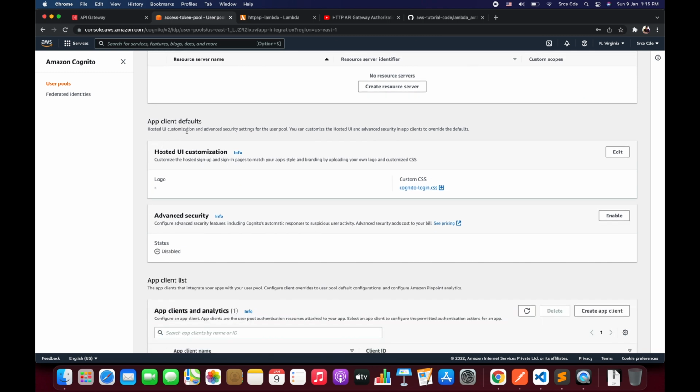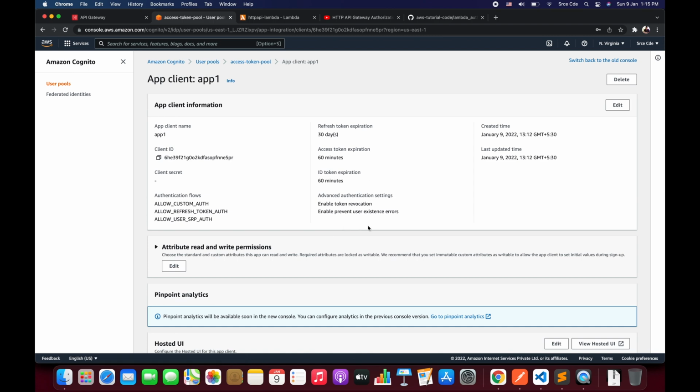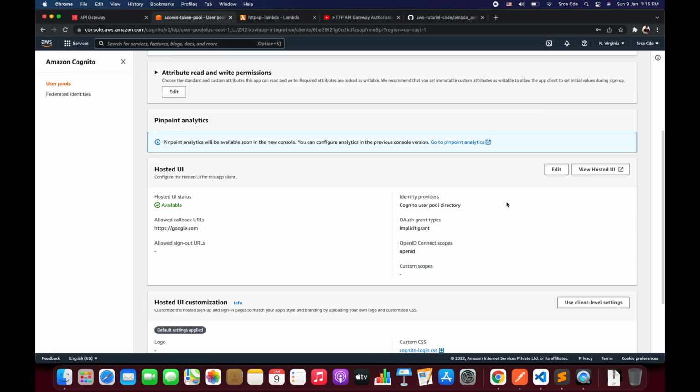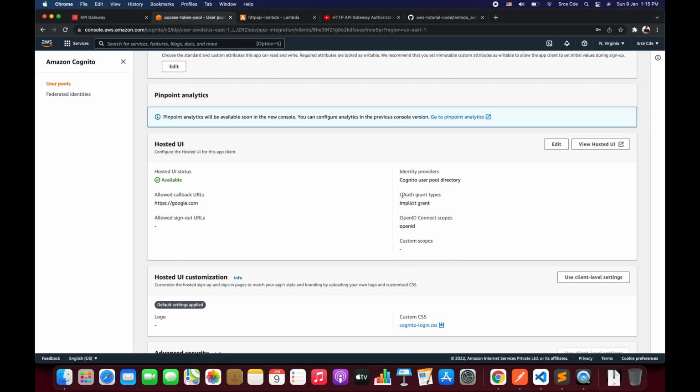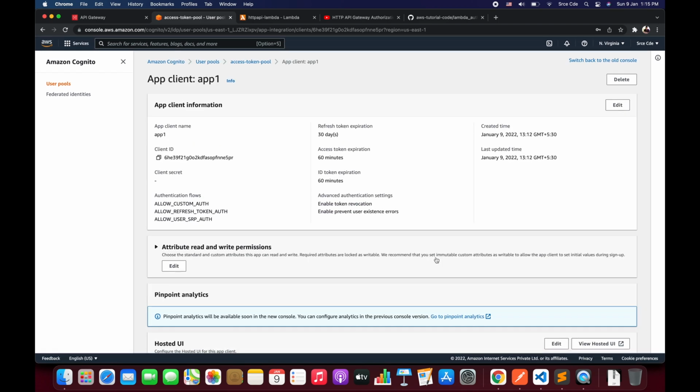Then here we have app client defaults, where you can customize the hosted UI and configure the security, and then we have the list of the app clients. We have created only one app client, that is app1, so we are going to click on that, and here we have all the information that we need. You can also click on view hosted UI as I just did, and you would be able to see the OAuth grant types as well as the custom scopes or the OpenID scopes. Okay, so we have successfully created the Cognito user pool,